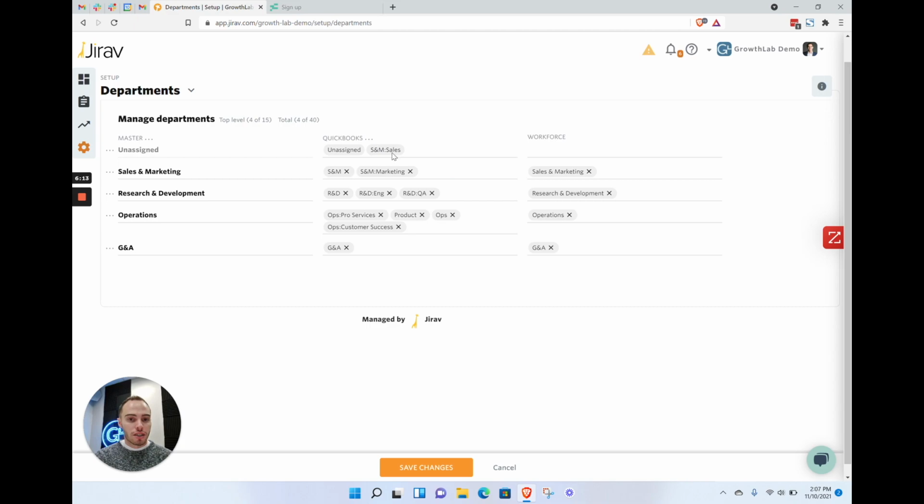I'll go through kind of an instance where you'll usually begin to see them up here, just all in unassigned as you get them. And as you build out your master sections, aka your customized sections, you'll be able to just select them here and move them into each respective department. Same thing for workforce. If you've brought in people, you may have multiple other workforce departments, and you'll have to map them the same exact way here.